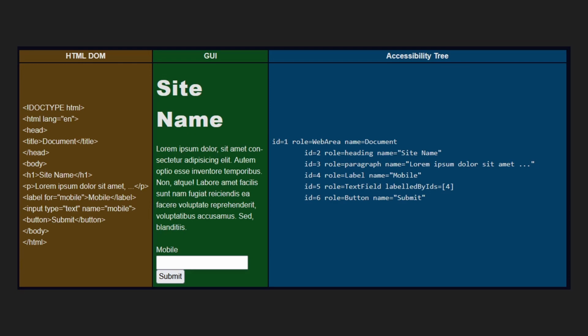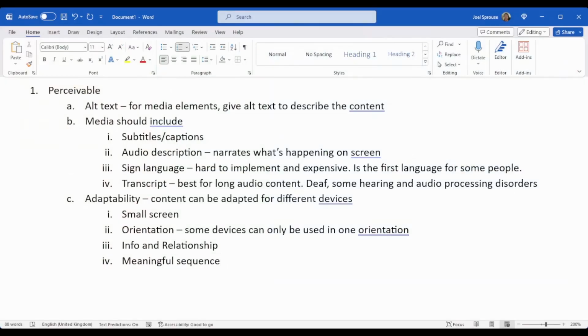We have meaningful sequence. So all information should be in a logical order. You need to have, for example, a lot of sites will have the navigation at the top of a website.